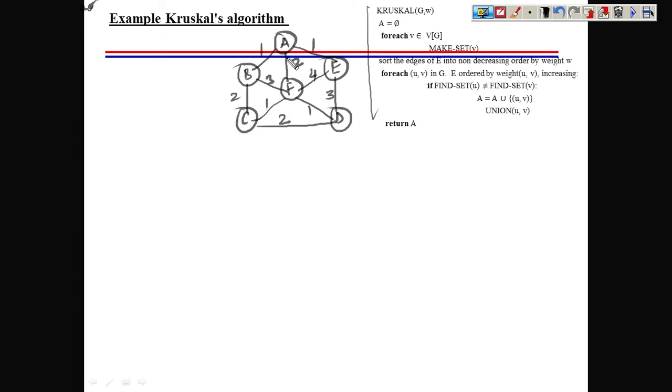Fine. So in order to apply the Kruskal method, you must have one graph with the edges. So we have to provide the graph along with the weights, and then we will take one set A, which